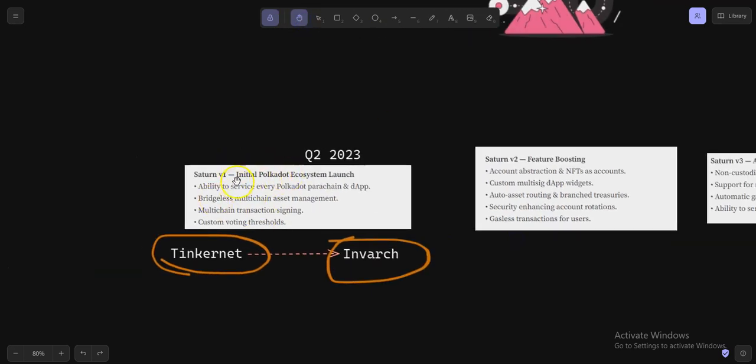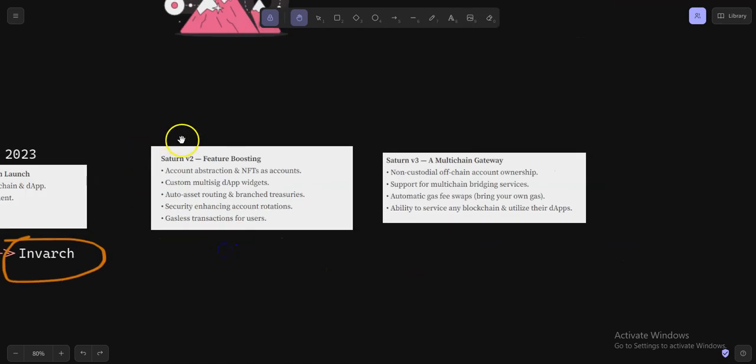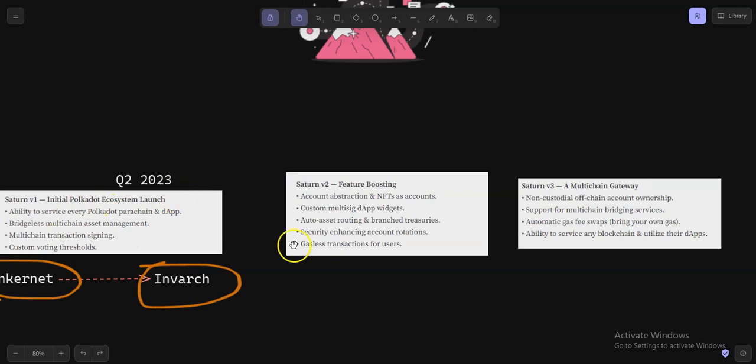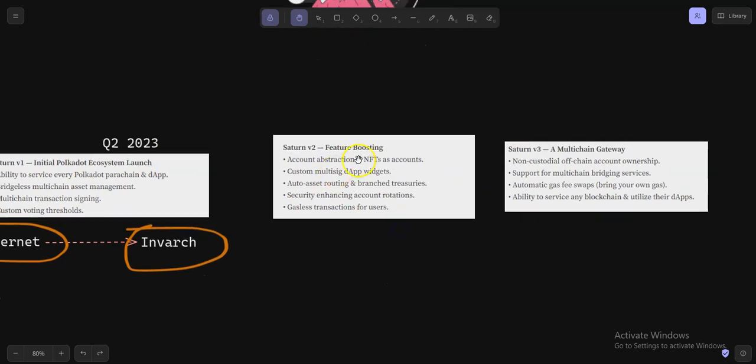So the first thing is the initial Polkadot ecosystem launch, so that every parachain and app will be supported, custom voting thresholds, multi-chain transaction signing, and all that. And then version 2 is just to boost this V1. So we add things like account abstraction, NFTs and accounts, gasless transactions for users.